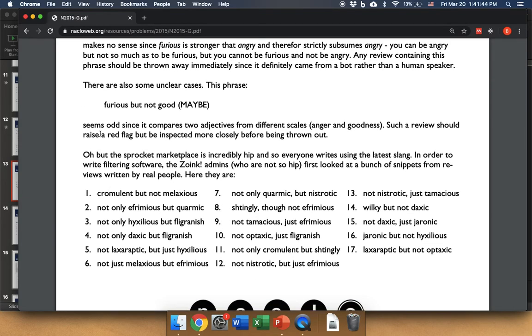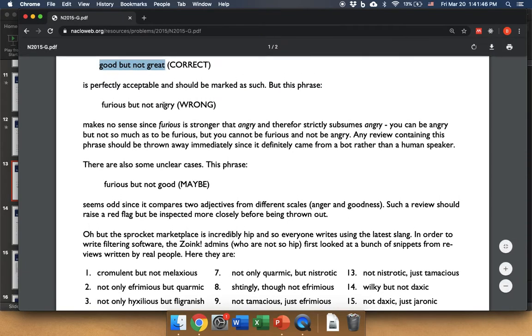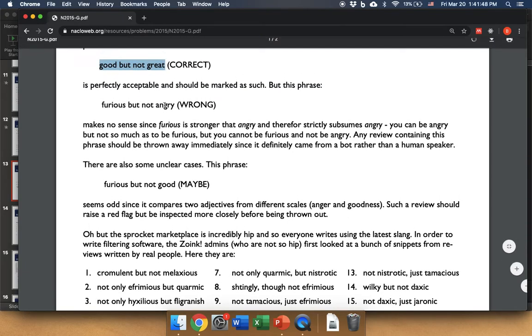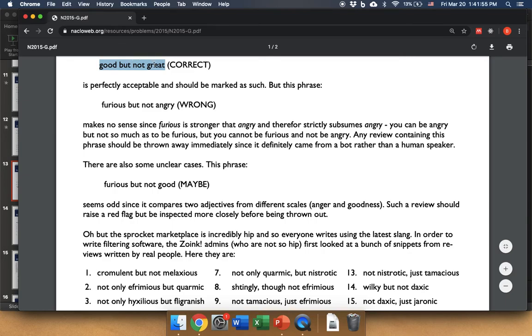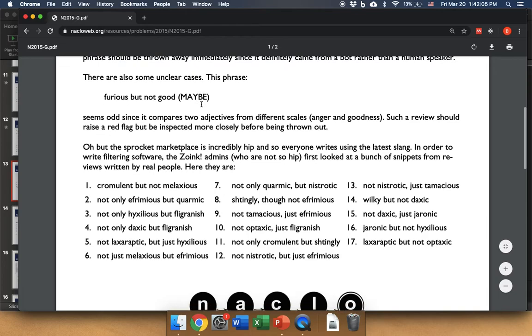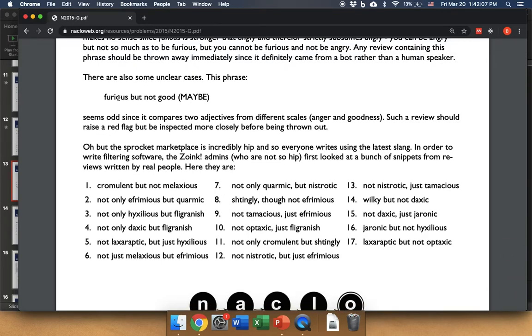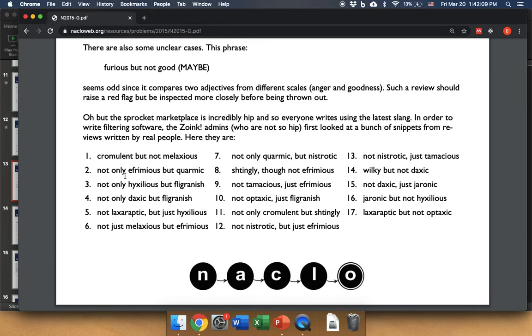But then we have words like good but not great, furious but not angry, and we can classify which of these are acceptable, because good is less intense than great, but it's not the case that furious is less intense than angry. So this is not an acceptable statement, right? And so what your task is, is to take these 17 made-up examples and classify them